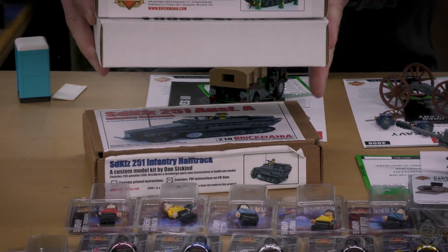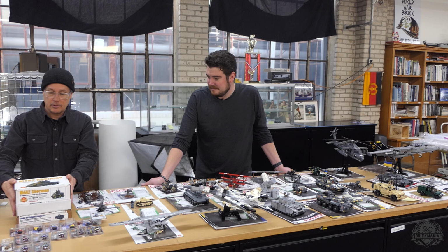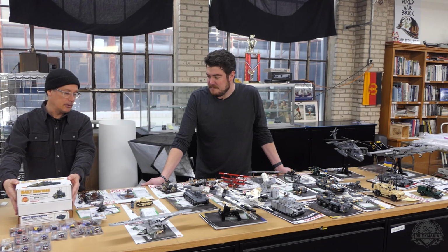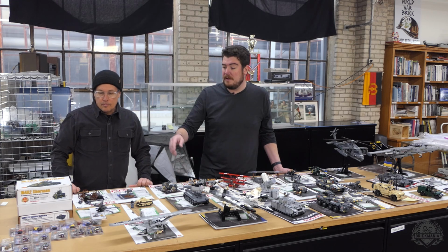That is kit number 38. So those are some throwbacks. If you are a hardcore Brickmania collector, pick these guys up. Absolutely. Like, you'll never see them again. Same goes for a lot of those figures, which before we get into them,